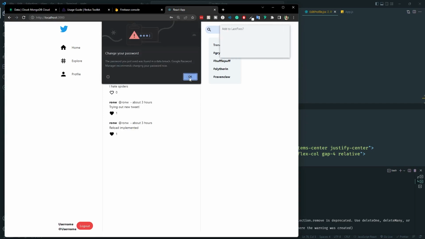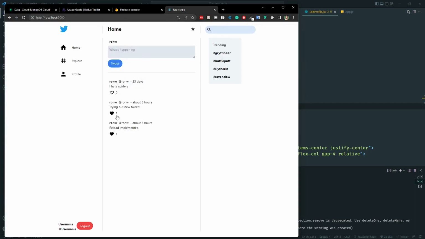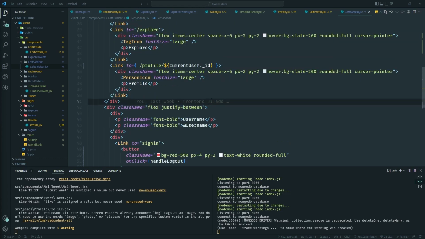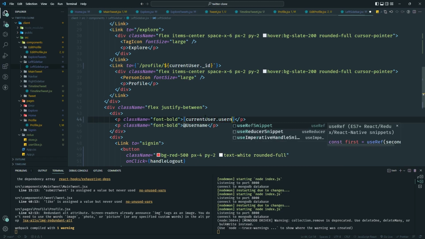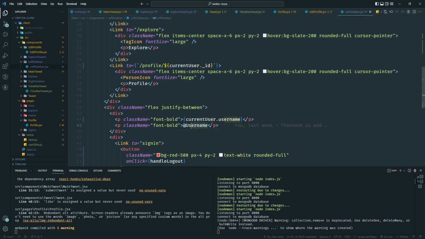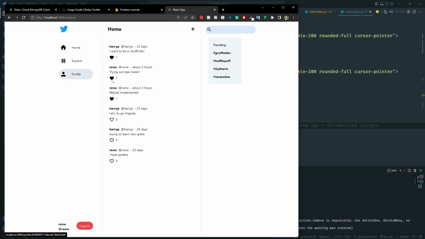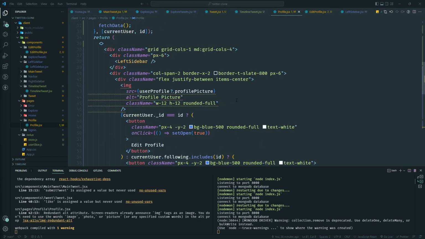Let's fix this obvious one over here. Then we're gonna do the following functionality. So left-hand sidebar, let's see. So we need to finish this. So we have the current user. So what we do is current user dot username, and here the same thing as well. Let's see, this username. We have that. And for the following functionality, we need to go to the profile, and we need to do